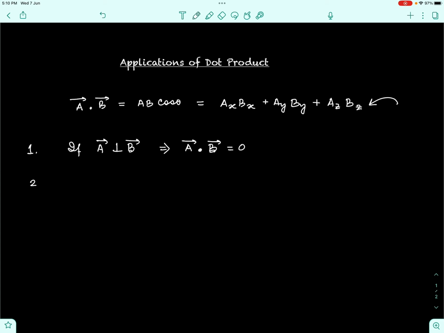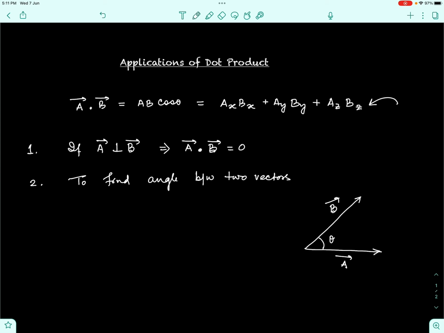Second application that we have for dot product is to find out the angle between two vectors. How do we do that? If we have a vector A and a vector B,